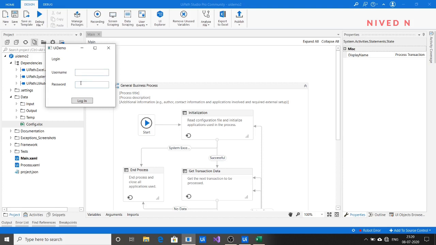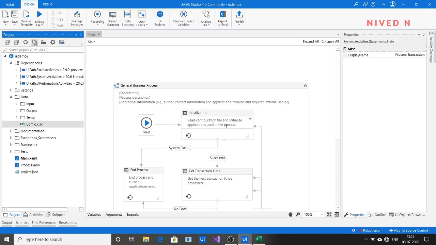So the step that we are going to do in the initialization stage is inputting the login credentials, then clicking on login, and opening the application. That is the first part that we are going to do in the initialization state.